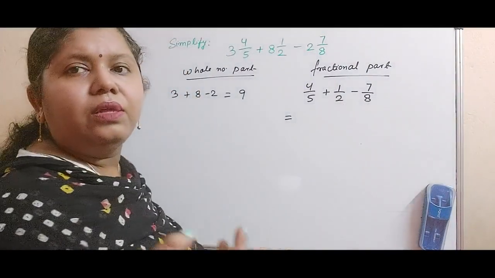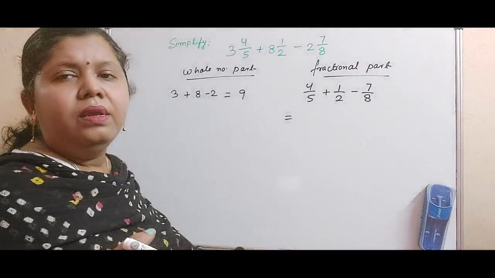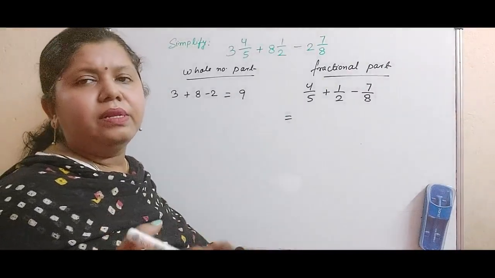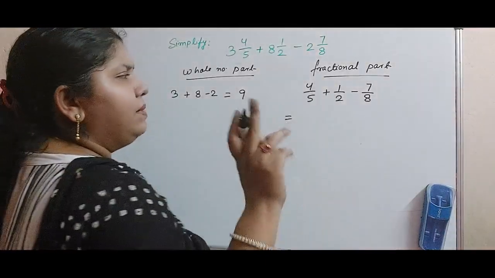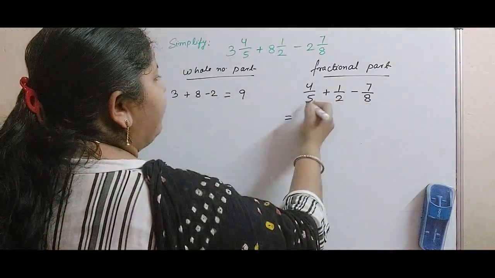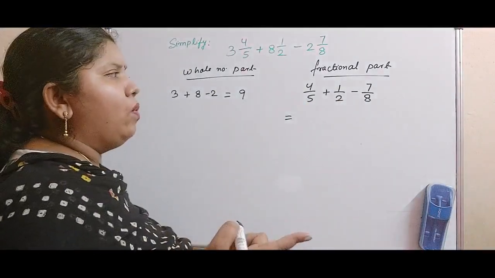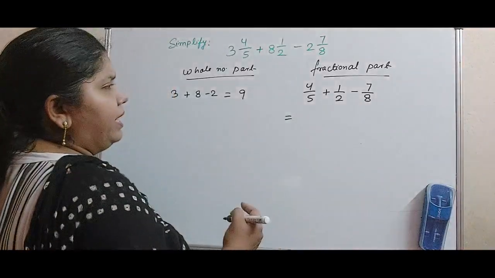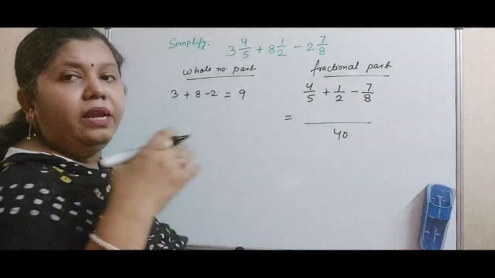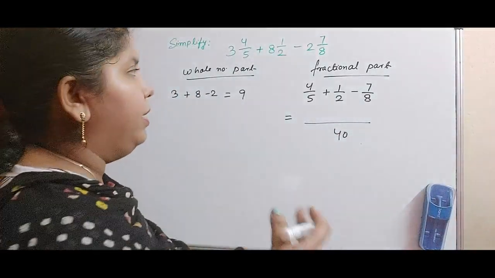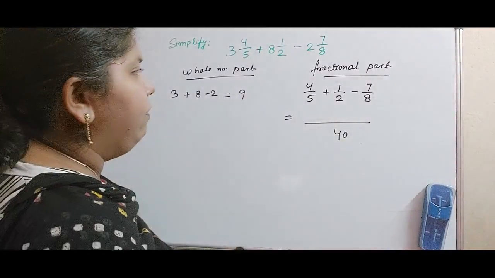This is the rule in LCM: if one number is a factor of the other number, then the bigger number becomes the LCM and the smaller number becomes the HCF. So between 2 and 8, the LCM is 8. Now between 8 and 5, what will be the LCM? Because 8 and 5 are co-prime to each other, the LCM will be their product. So 8 into 5 is 40. Mentally only, I have calculated how to take out the LCM. So we have got 40 here.